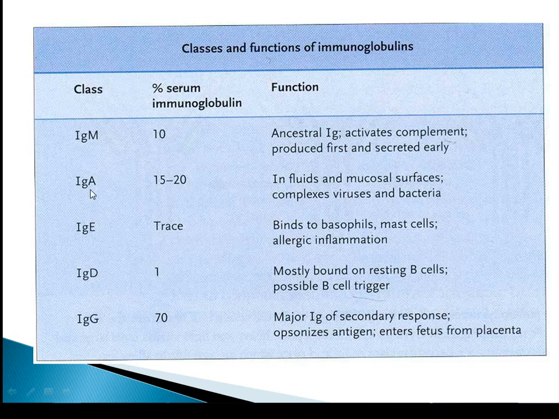Immunoglobulin A is present in all fluids that are produced in the body. It's tear, it's saliva, it's gastric juice, and so on. Immunoglobulin E, IgE, is for allergic reactions. It binds to the surface of mast cells and basophils. D is also a surface immunoglobulin present on the surface of the B cells. And G is the vast majority, 70% of all of the serum immunoglobulins, provided by immunoglobulin G that provides immunity against